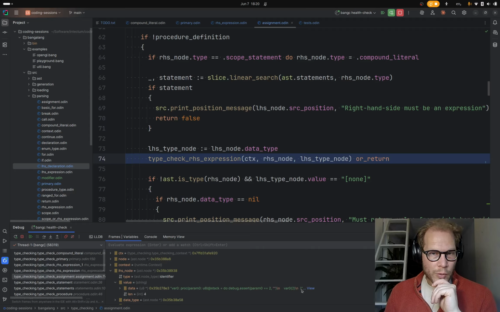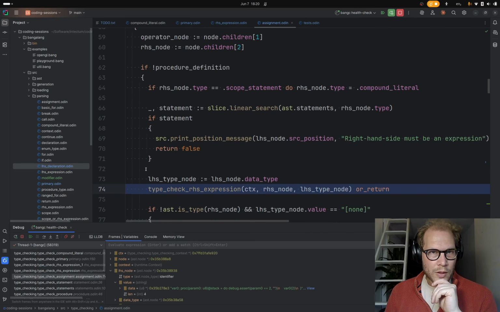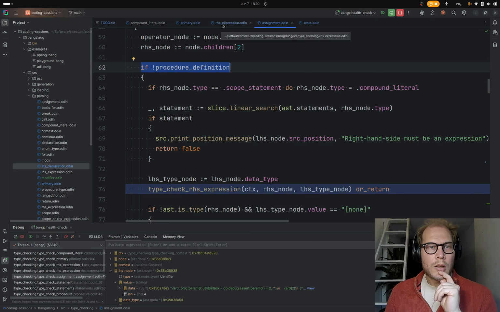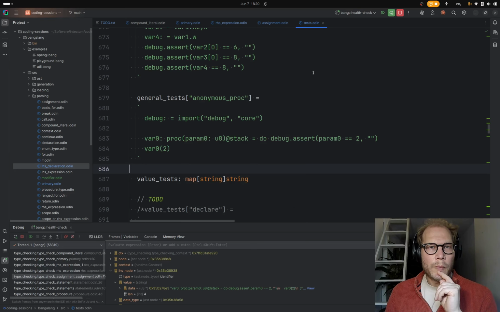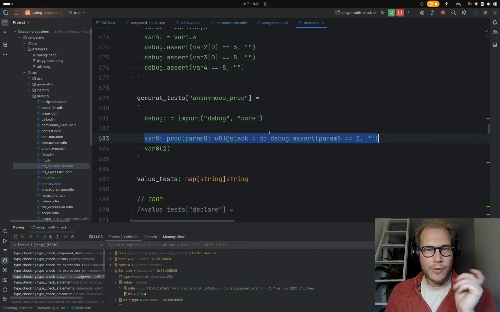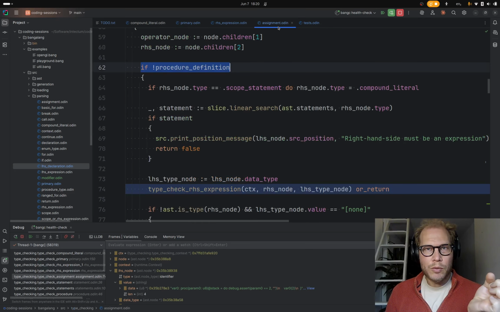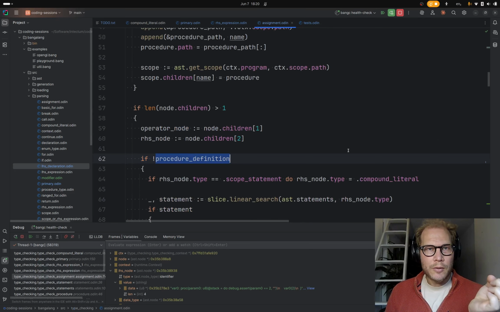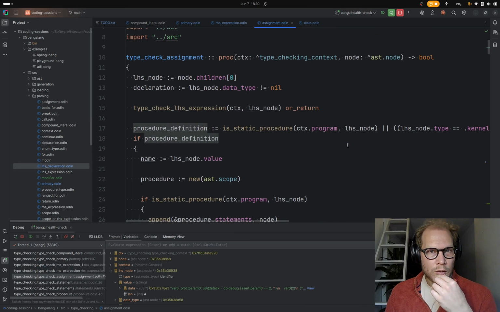So it's a scope, and it should be treated as such. Oh, it says not procedure definition. But this is a procedure definition. It's an anonymous procedure definition. That's the point. So this condition, I think, is wrong.